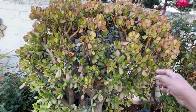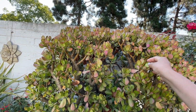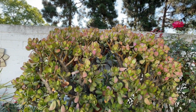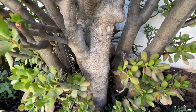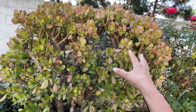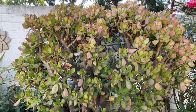This jade plant, as you can see, turns colors when it gets really hot and stressed, but it looks beautiful in that coral pinkish. It looks pretty. This plant too is about 50 or 60 years old. It's huge. Look at the roots. Once I trimmed this really down to right here, I put all the clippings in the front for my neighbors,